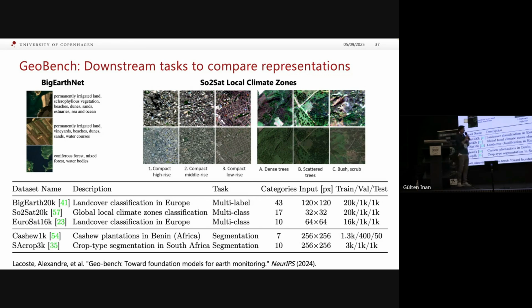I already presented that slide on Tuesday. So there's GeoBench. There are a few other benchmarks coming up, but I think we're still a bit lacking harmonized multimodal benchmarks. So I think that would be interesting if you have some application where you think this might be a good benchmark data set for these kind of pre-trained models. Might be a good idea to think about turning that into a benchmark data set for the machine learning community and prepare it in a way that people that do not have so much experience with handling geodata can handle it with their standard tools.